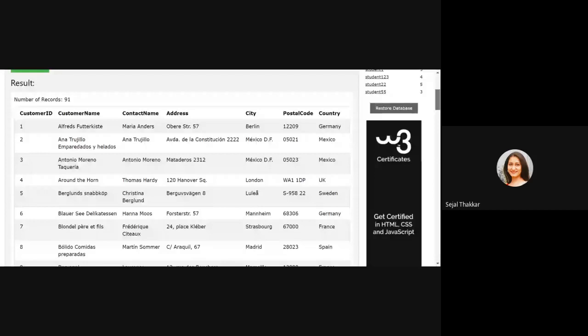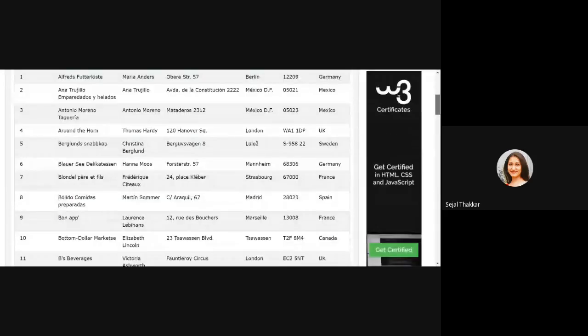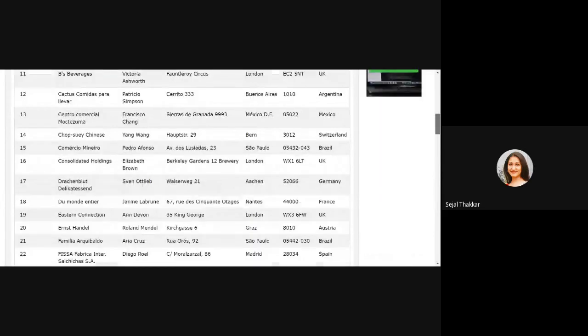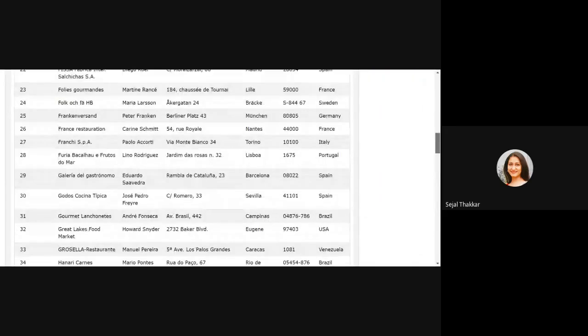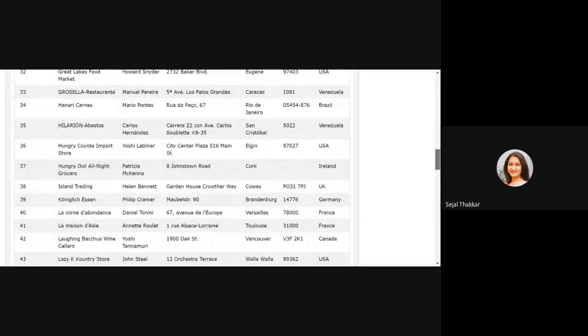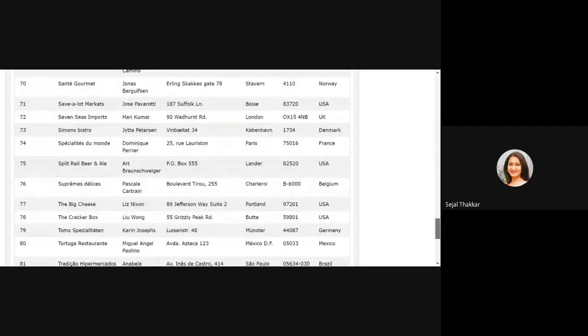Customer, I think C is capital and S is there. The name I have written is wrong. Customers is there. You can see here, there are various customers who belong to Germany, Mexico, UK, Sweden, France, Spain, Canada, UK, Brazil. There are so many countries, Italy, Portugal. But we are not interested in all these countries. We are interested in only 3 countries. In that case, you have to use the IN operator.